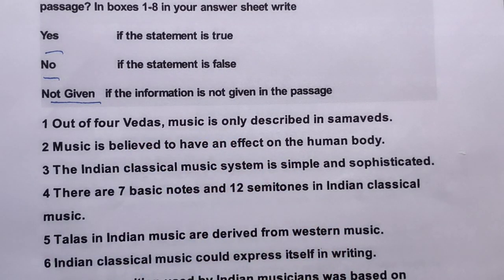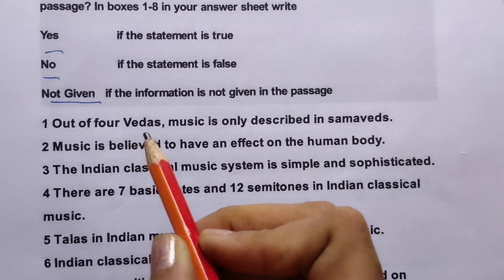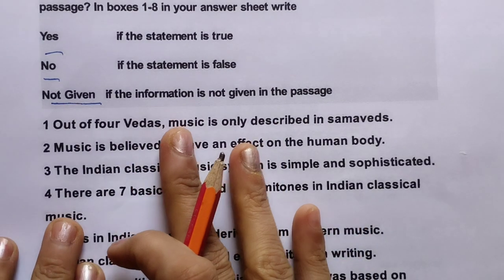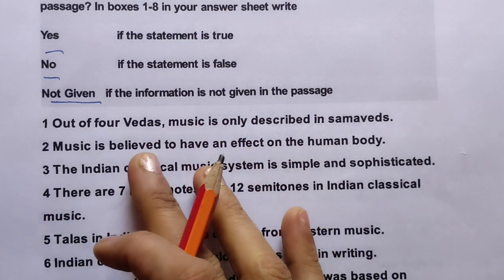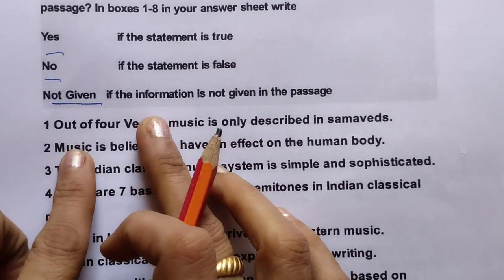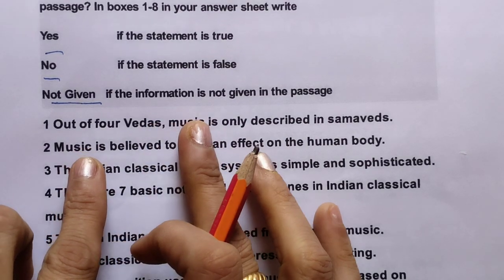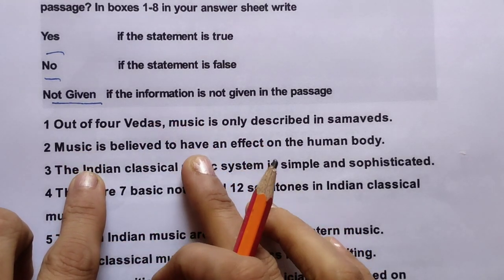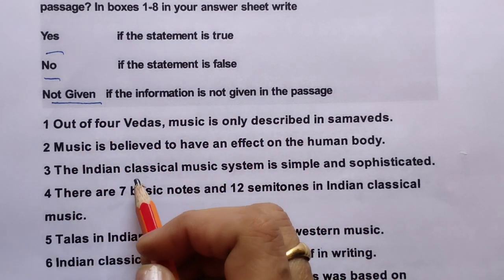So what is the strategy for doing any reading? As I told you, always start with your first type of question, because the writer has designed the questions according to the flow of the reading passage. So 99% of the time you will get the first question in the first or second paragraph, and then you will get the answers according to the numbers. Now, coming to the main point here.